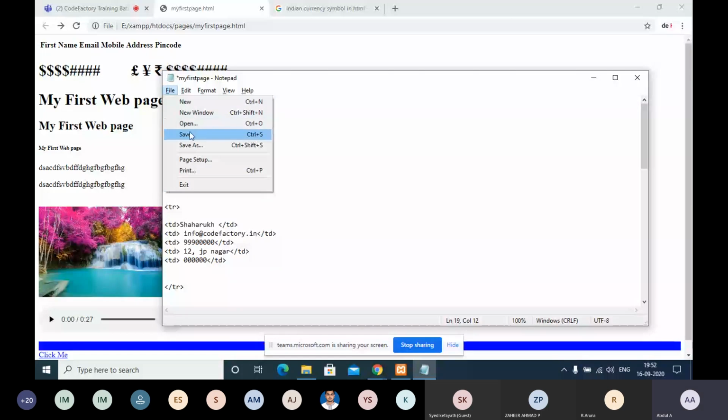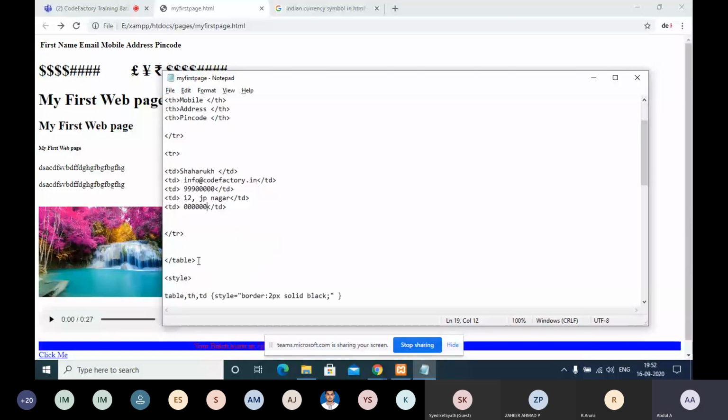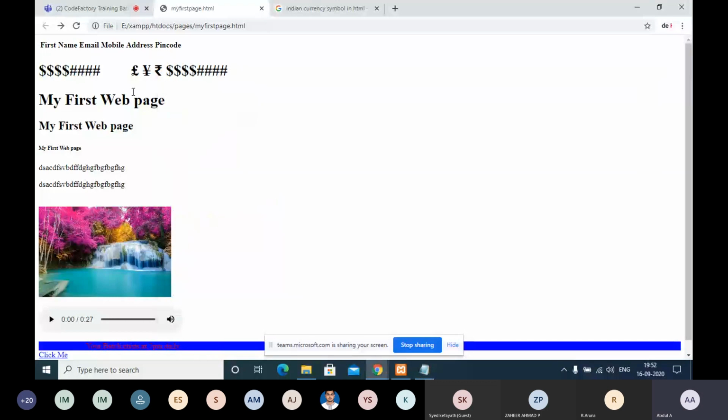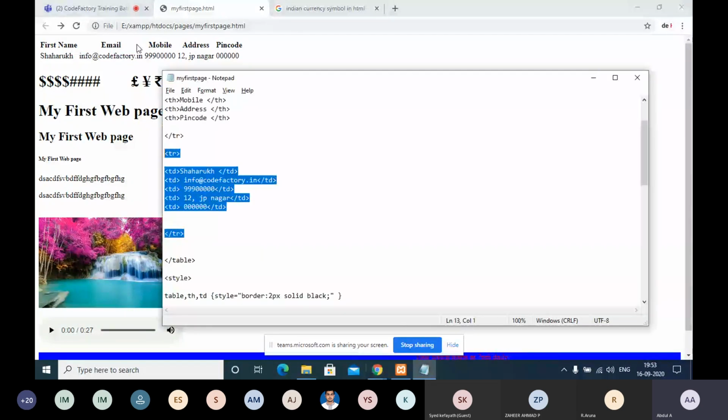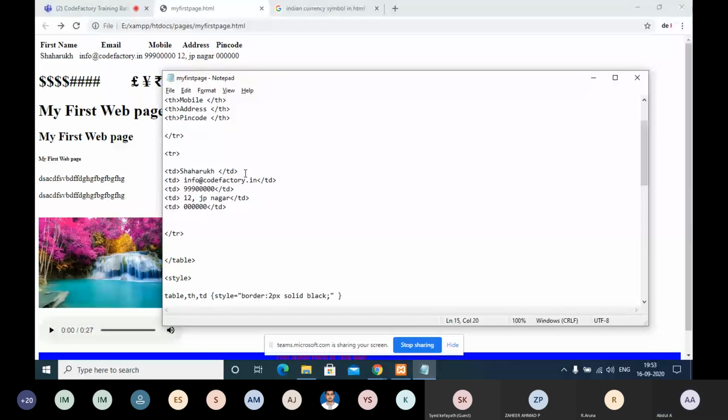So this is one TR row. Let me explain. Now you can see the first name Shahrukh and the email info. Now I want to add Bilal's details also in the table. So I need to make one additional row, that is called TR.